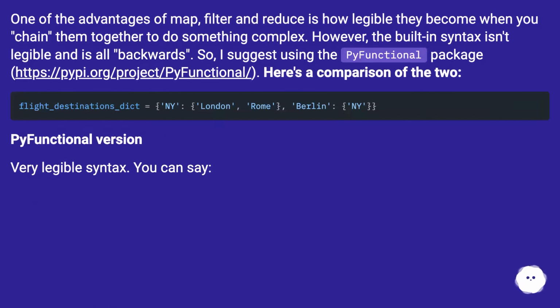One of the advantages of map, filter and reduce is how legible they become when you chain them together to do something complex. However, the built-in syntax isn't legible and is all backwards. So, I suggest using the PyFunctional package, at this URL. Here's a comparison of the two. PyFunctional version. Very legible syntax. You can say,